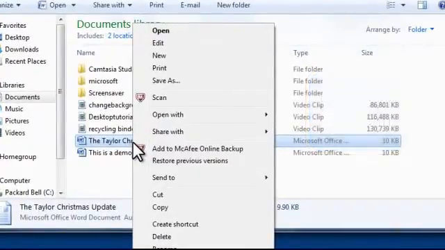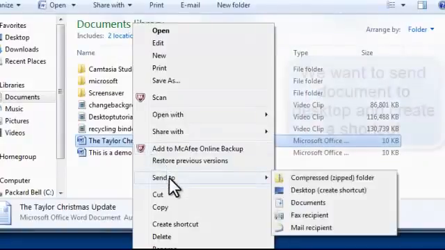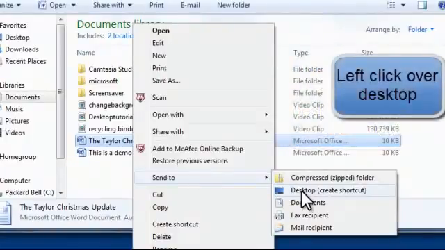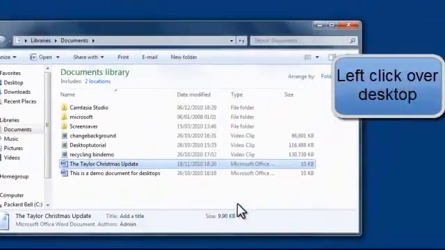There is an option there to create a shortcut, but that won't create a shortcut on my desktop. I want to send it, so go to send it, a submenu appears, and second one down, desktop, create shortcut, left click once. Exit out of my documents,